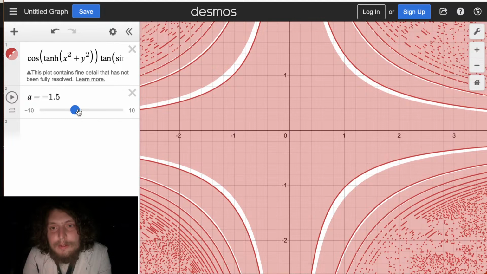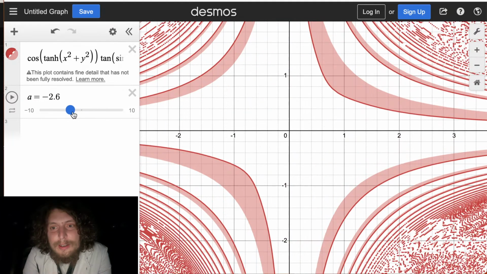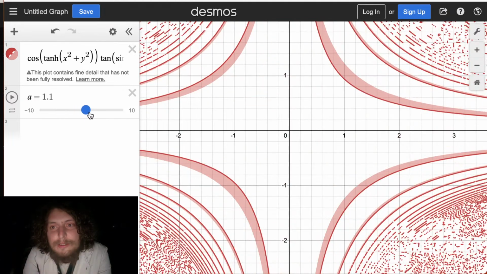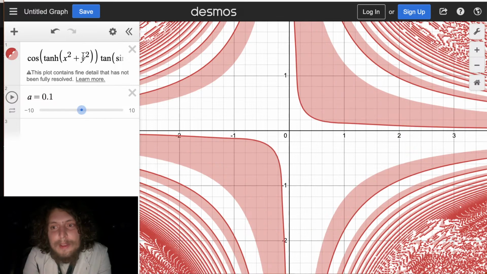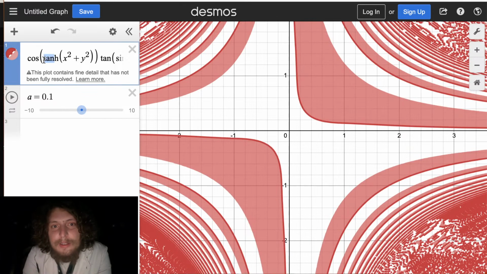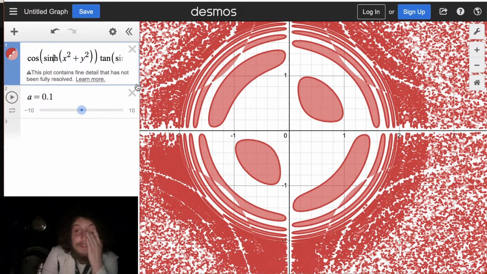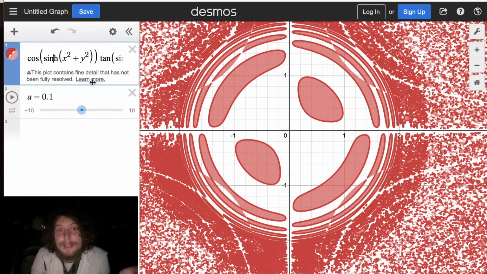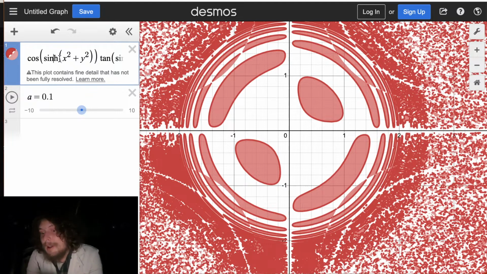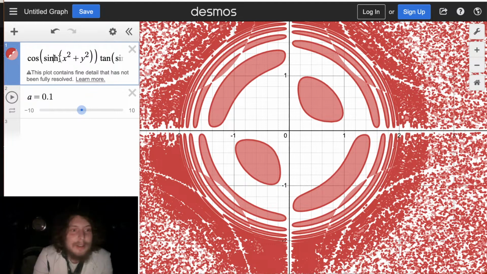Now here we get sort of a normal looking type of curve. It's actually a little less crazy than it was before. Maybe the tan is blotting too much stuff out. Yeah, the tan was blotting too much stuff out. Those can dominate it too much. The tangents, and I guess the hyperbolic tangents too, sort of just dominate it all and make it go a certain direction sometimes. Look at what happened when I switched that.